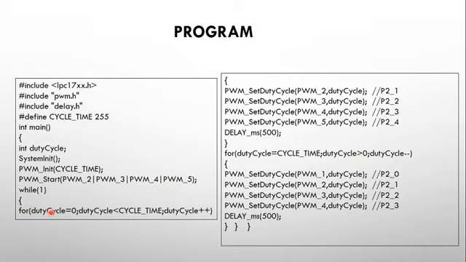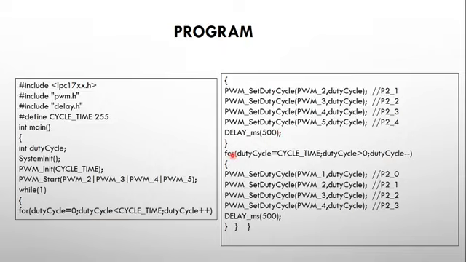Now while(1), we are going to continuously keep checking. For duty cycle equal to 0, we start with 0, and if the duty cycle is less than 255, then we increase the brightness of the LED with duty cycle plus plus. So for any value less than 255, we can increase the brightness up to the highest limit of 255. So we have an increment loop here, and we have to set the duty cycle for all the 4 pins: PWM2 comma duty cycle, PWM3 comma duty cycle, PWM4 comma duty cycle and PWM5 comma duty cycle. Then we have a delay of 0.5 seconds.